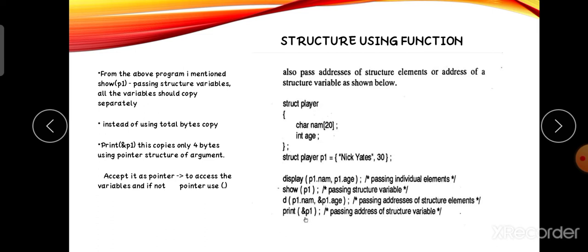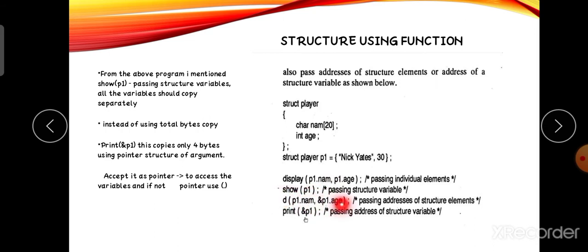Example, in this program, we declare the structure: struct keyword, structure name, and these dissimilar data types, and using this p1 variable to declare both, this is name and this is int. Both are mentioned in the structure. What does this mean? First one is display. p1 dot name and p1 dot age means it is passing the individual elements. One variable is mentioning the name, the other is mentioning the age, so only individual elements are passed.